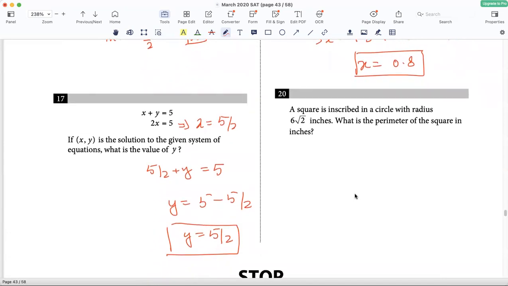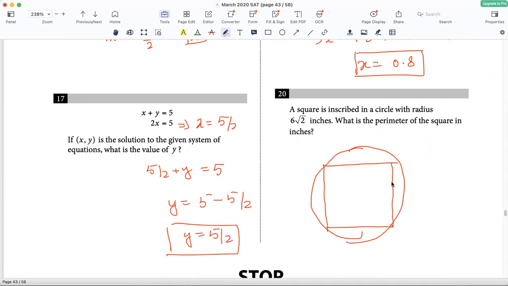A square is inscribed in a circle with radius 6√2. What is the perimeter of the square? Okay, so this is my circle and the square is inscribed in it. And the radius of the circle is 6√2. So the diameter of the square would be, sorry, the diagonal of the square would be 12√2, which is the diameter of the circle. So if this is x and this is x, then x square plus x square is